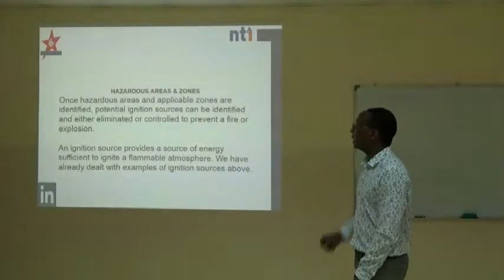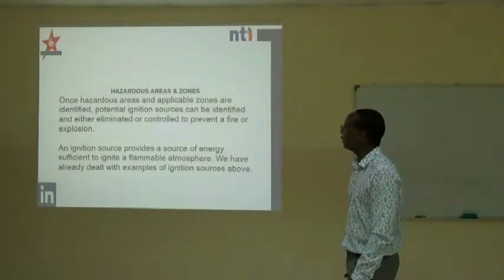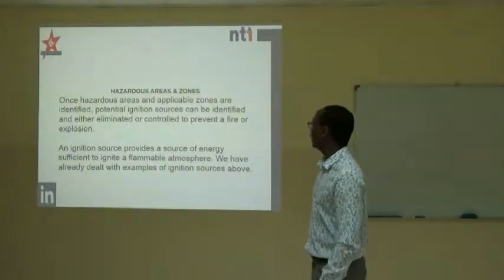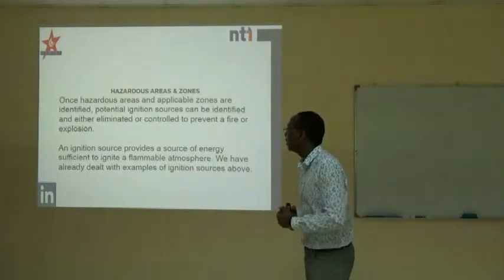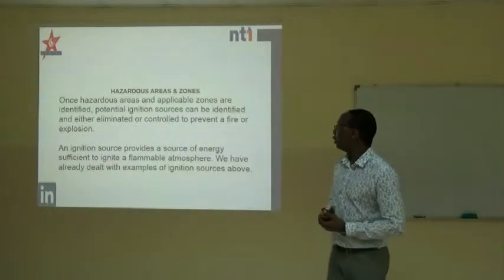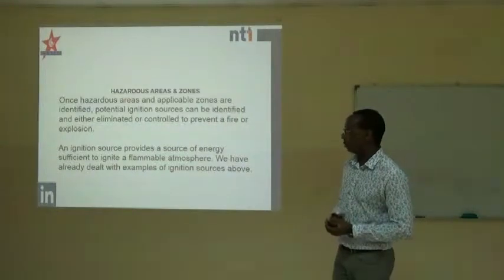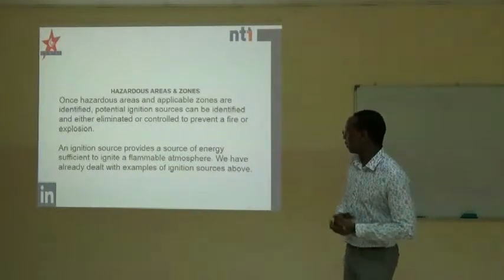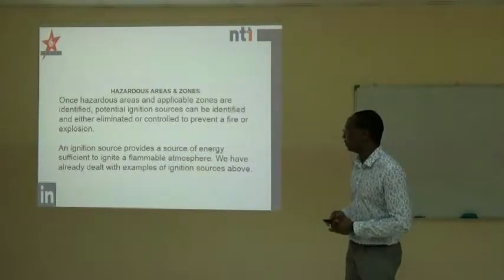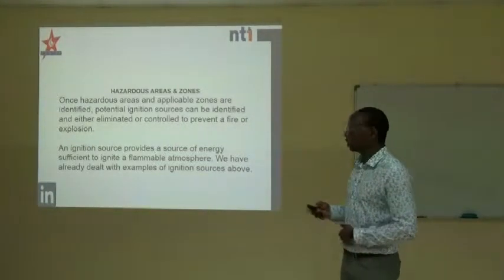Right. Hazardous areas and zones, very important in this lecture for us to understand this. Once hazardous areas and applicable zones are identified, potential ignition sources can be identified and either eliminated or controlled to prevent a fire or explosion. An ignition source provides a source of energy sufficient to ignite flammable atmosphere. We have already dealt with examples of ignition sources